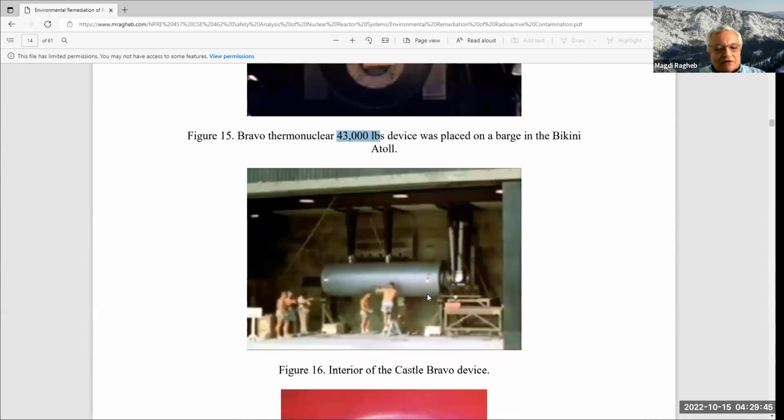And this shows us the device that was used at the Castle Bravo test. You could see it's a long, very large cylinder. This side here would contain the fission trigger. So that would be plutonium maybe, a device that explodes. It generates radiation that affects now the thermonuclear part. In that part of the device here, the long cylinder, it contained, in that case,